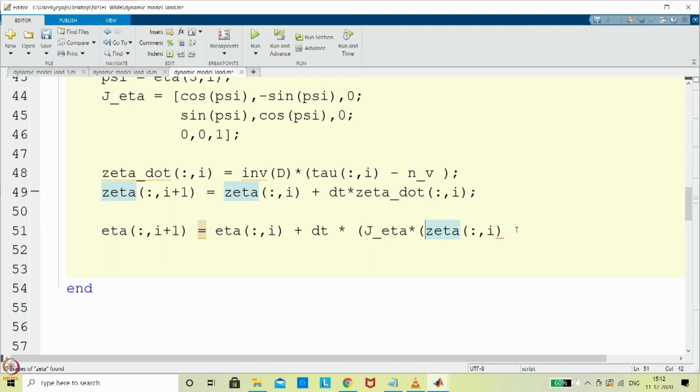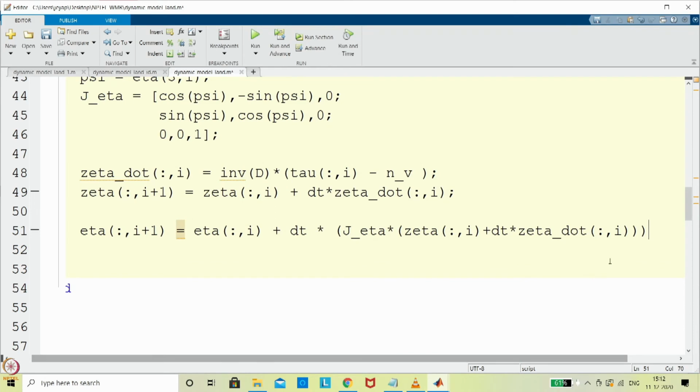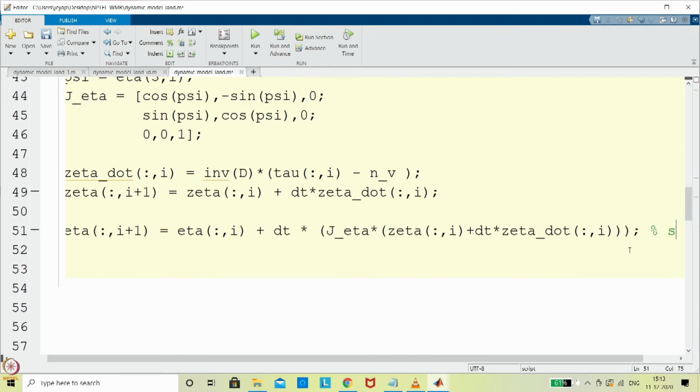What that means is we are adding the acceleration part, so zeta dot would also be coming. So I am making it zeta dot of i. Now you can see this is dependent on initial velocity and initial acceleration. Now if we close this, then you can see this is the eta update. In the sense, I can write this as the state update.